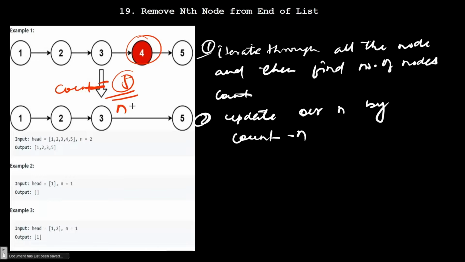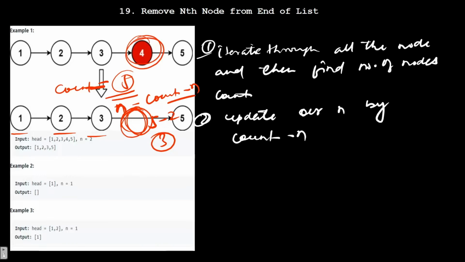So we update n equal to count minus n, so our n value will be 5 minus 2, that is 3. So we have to traverse three steps: one step, two steps, three steps, and whatever node we reach, we have to delete that. Then in step 3, delete the next node and return